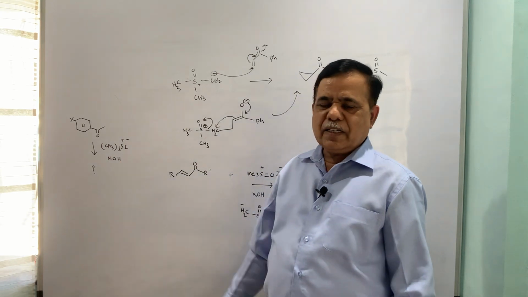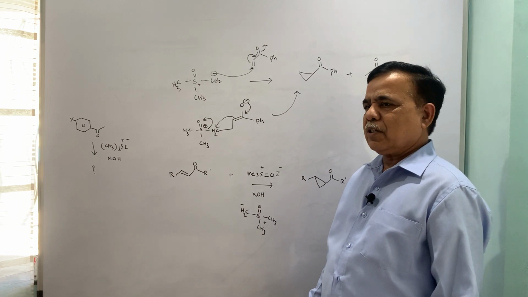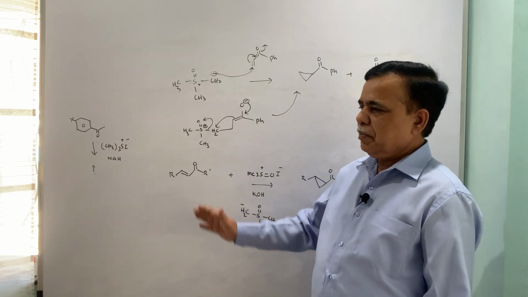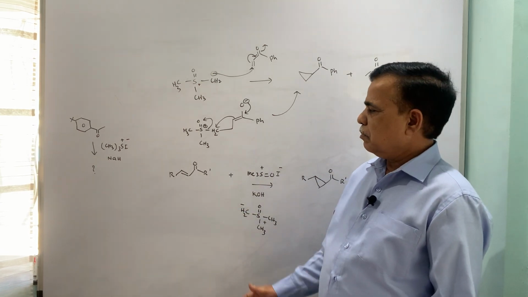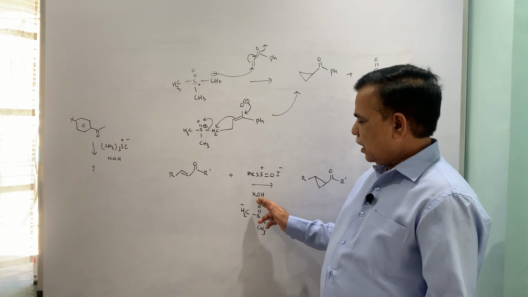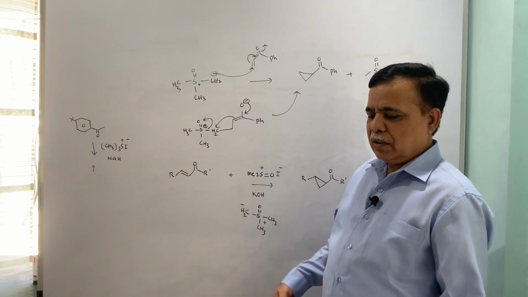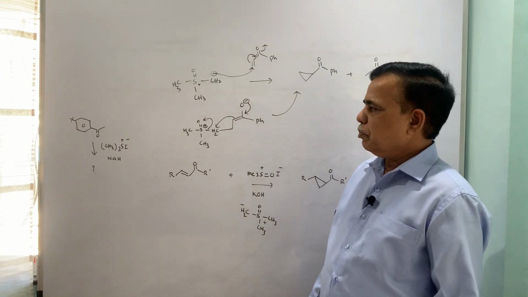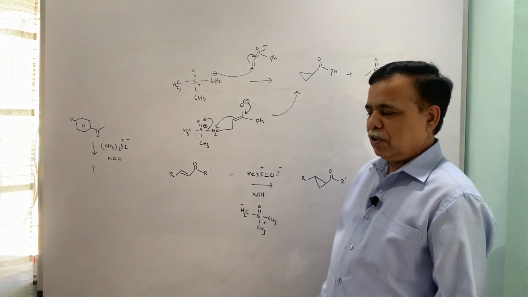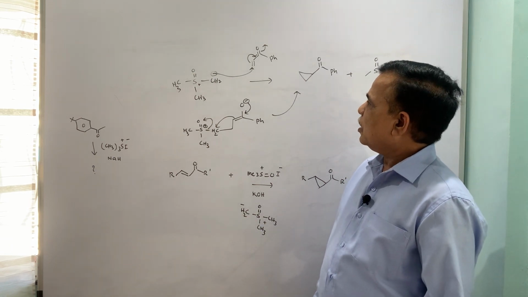The role of sodium hydride is very precise. It will abstract a proton which is acidic, and the methyl protons are acidic because the methyl group is directly attached to sulfur, and sodium hydride is a weak base, but still it manages to abstract the proton. And then depending upon the halide, you have to see whether it is conjugate addition or addition across the carbonyl group, so you have to know that one is a hard nucleophile, this is a soft nucleophile. So soft will always attack at the 1,4 or conjugate position, and so on.